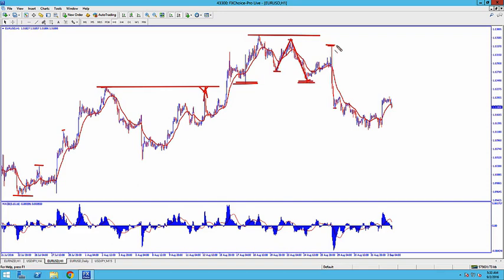And then up here again, resistance based on this. The market consistently likes to quote unquote test areas. For instance, market made a low, bounced up, here's resistance, the market tested resistance, and then tested back down against